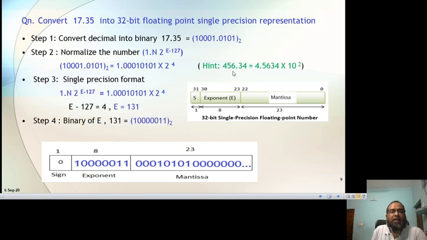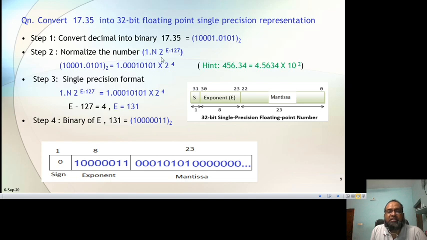We want to convert the decimal number 17.35 into the IEEE 754 32-bit single precision representation. There are a few steps. One, you have to convert the decimal into binary. The second step, quite important, is that you have to convert that into the form 1.n times 2 raised to e